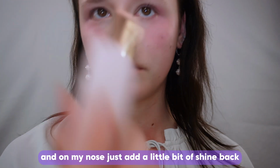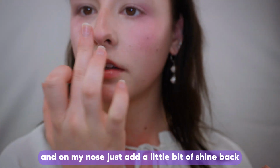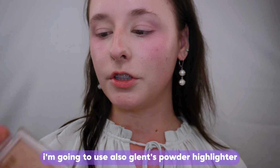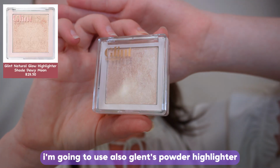And on my nose. Just add a little bit of shine back. I do it on my eyebrows. Very natural glowy shine. Just to be more precise, I am going to use also Glint's powder highlighter in shade